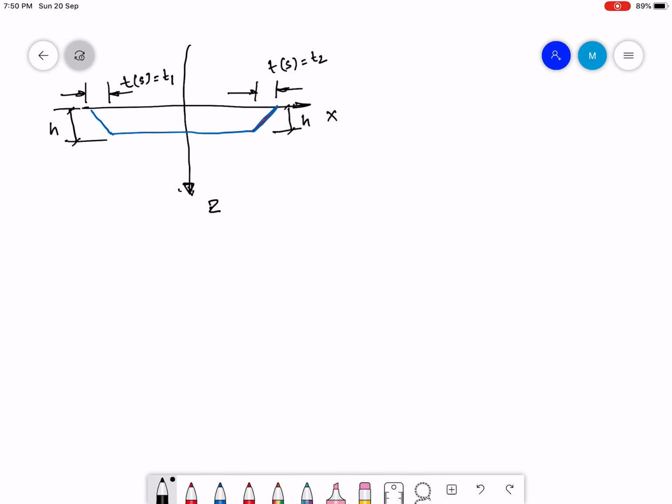Okay, so this is the approximated deformed shape of the membrane. Now let us see what the slope of the deformed membrane means. Okay, the slope of the deformed membrane,